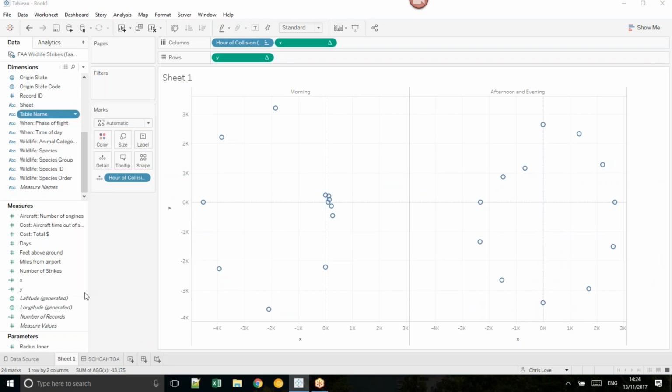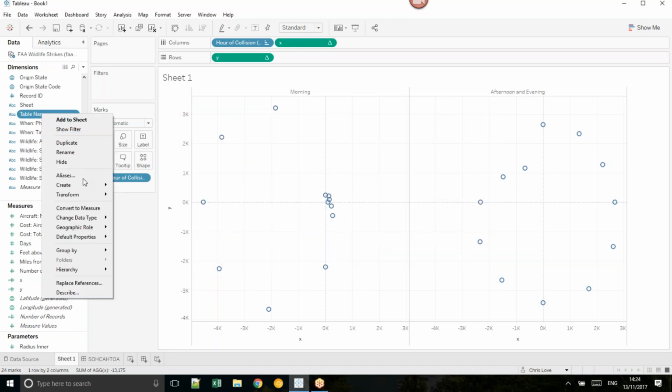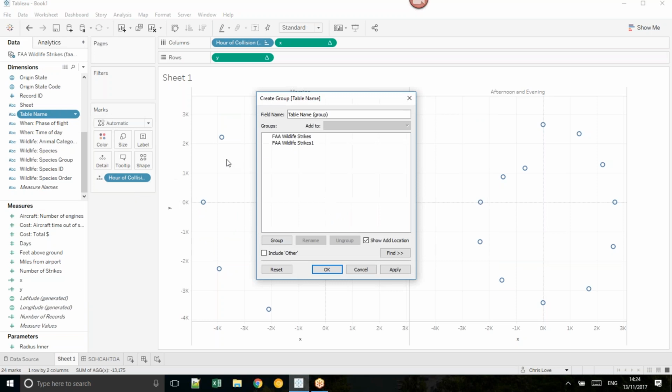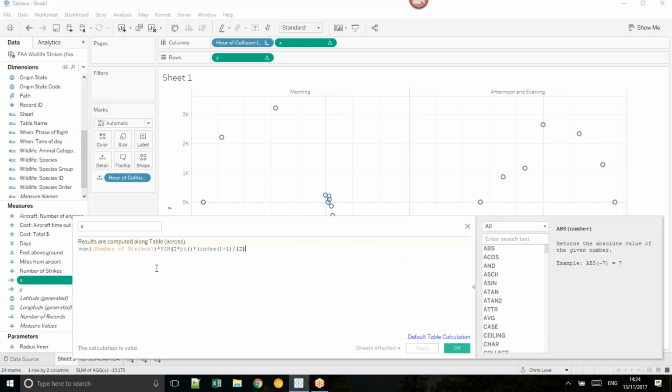And inside this table name, we've got the first copy of the sheet, the data, and the second copy called Wild Strikes 1. So what I'm going to do is just create a group that helps us tell these apart. I'm going to call this group 1, and I'm going to call this group 2. And let's call this the path variable. Because what I want to do is say, if